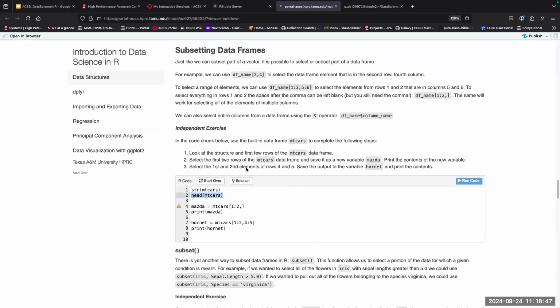And then for the second step, creating a new variable named Mazda, I'm subsetting the mtcars data frame using the square brackets, specifying rows 1 and 2, and then ending that with a comma. You can see that learnr doesn't like this, but this is okay. I'm going to print the contents of that. And then Hornet, I had to specify rows 1 and 2 and columns 4 and 5, and then print that